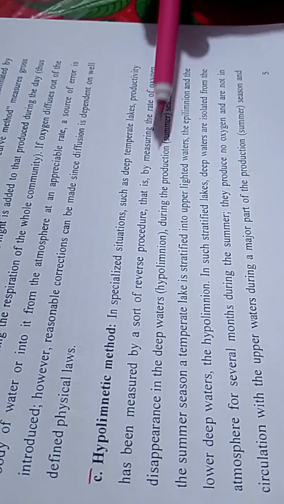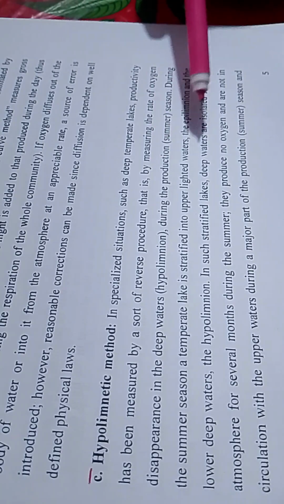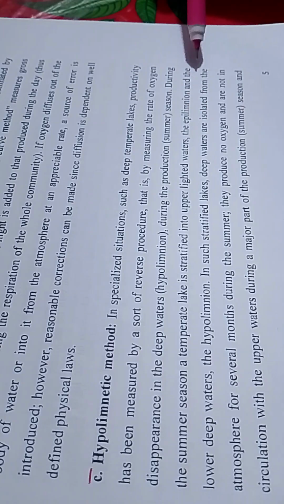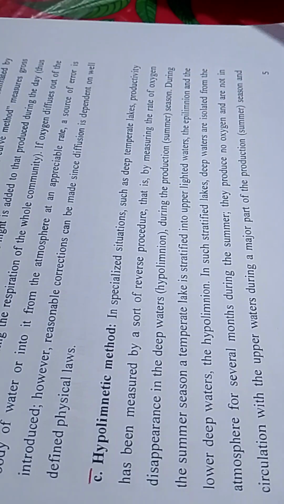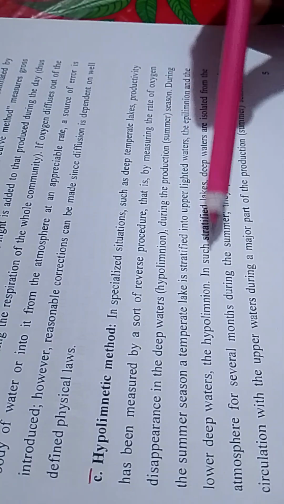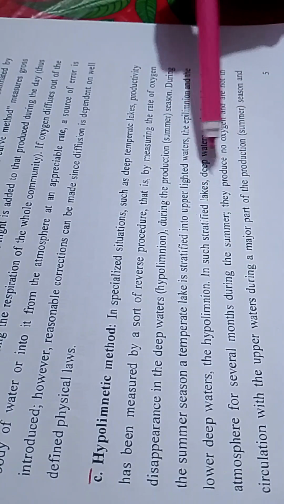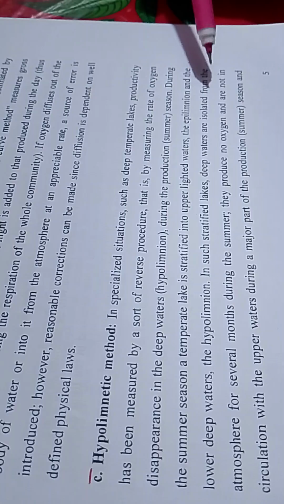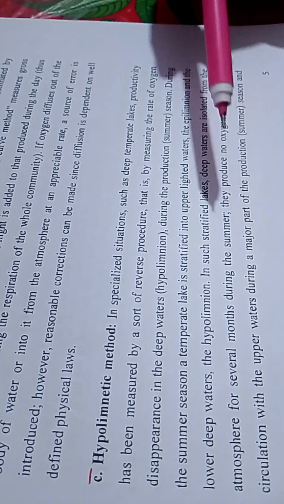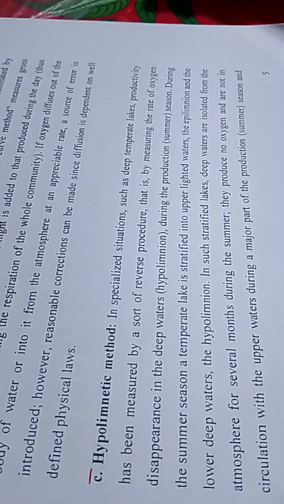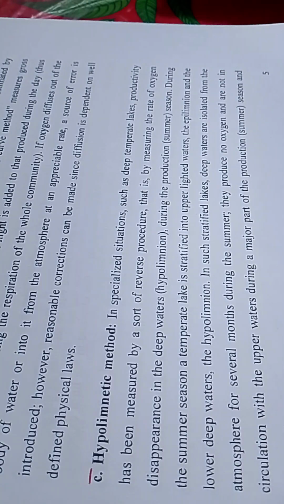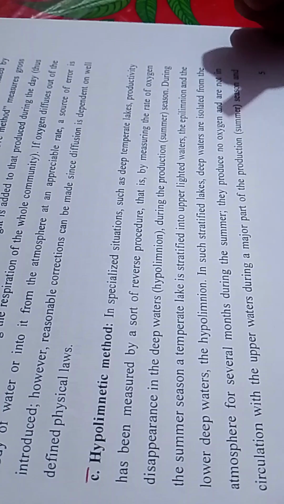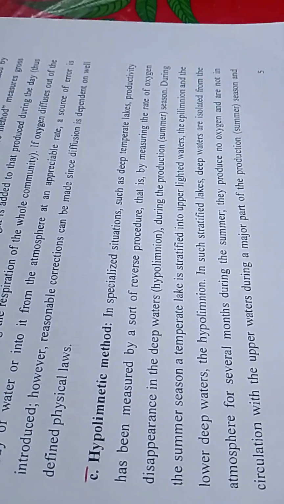During the summer season, a temperate lake is stratified into an upper lighted level, the epilimnion, and the lower deep level, the hypolimnion. In such stratified lakes, deep waters are isolated from the atmosphere for several months. During the summer, they produce no oxygen and are not in circulation with the upper water during a major part of the production season,